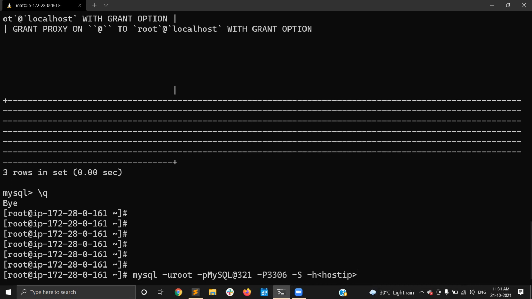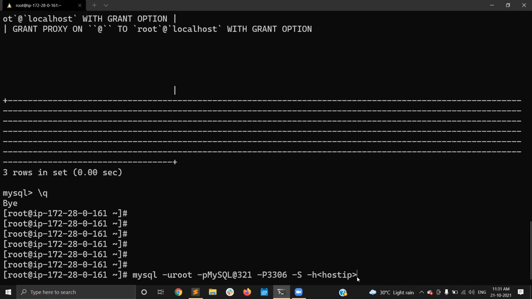In the same server, if you are running different MySQL instances, you can log in with a different port, and you can also log in with different sockets. For that, you need to know the socket option: --socket, or simply capital -S is fine. And if you are trying to connect to a remote server, then you should be aware of the -h option. That is for the host: -h or --host.